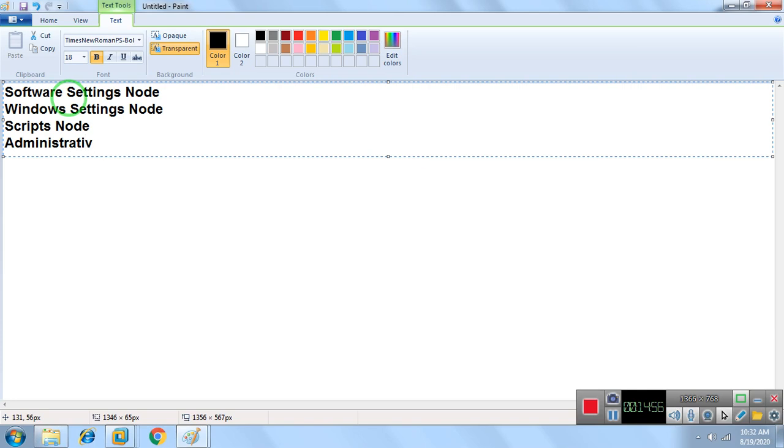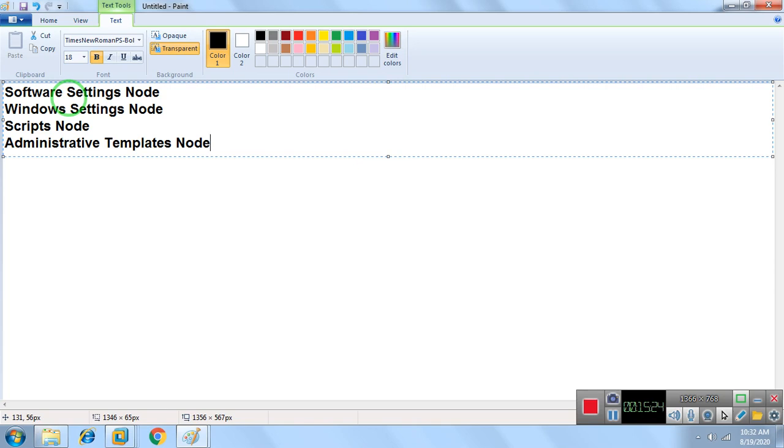Now after that we have the administrative templates node. In the administrative templates node we can implement so many things. We can edit the registry and apply registry settings.